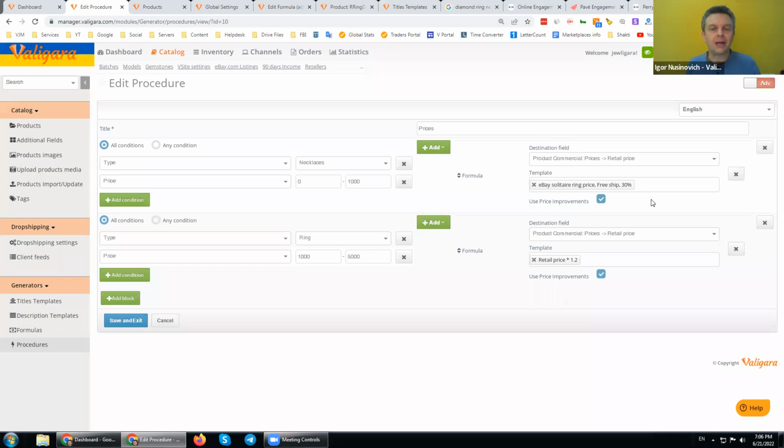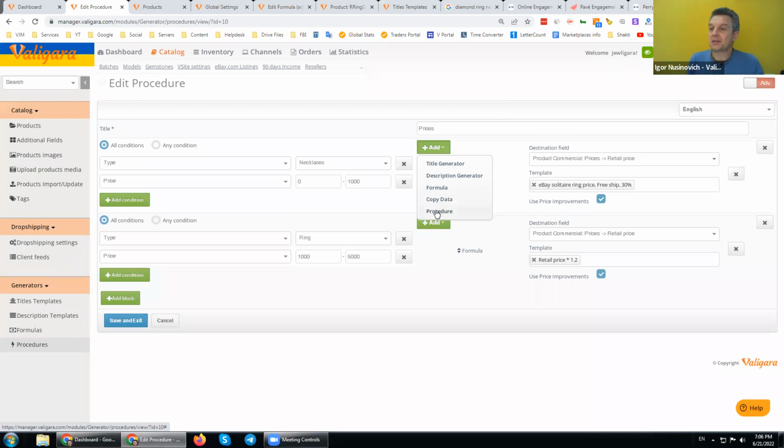Yes, but then you get a very long procedure. So our recommendation is to create separate procedures. Let's say for my Shopify, do this. For my eBay, do this. For my pricing setting, do this. And then combine procedures inside, unify multiple procedures into one procedure.